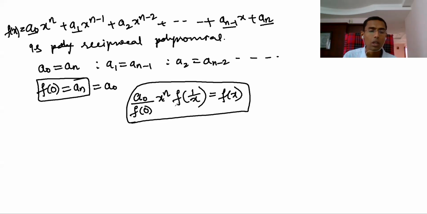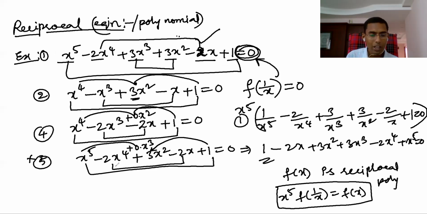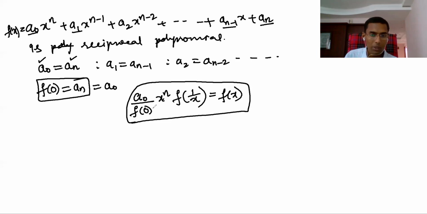This is the definition they give, but actually the meaning I told here is the only meaning. You have to just check that coefficients equidistant from the beginning and ending are equal, then that's called a reciprocal polynomial. The only caution I explained here is that you have to make sure all the terms are present. If some term is not present, you have to make it 0 into x cube. Then you have to check, and you will get whether it is a reciprocal equation or not. If a polynomial is a reciprocal polynomial, and you equate it to 0, then it's a reciprocal equation. You understand. Right, all right.